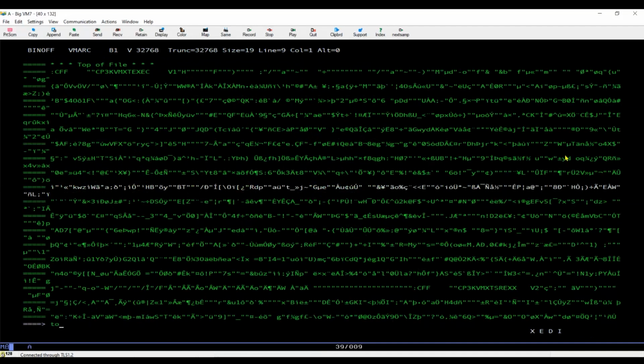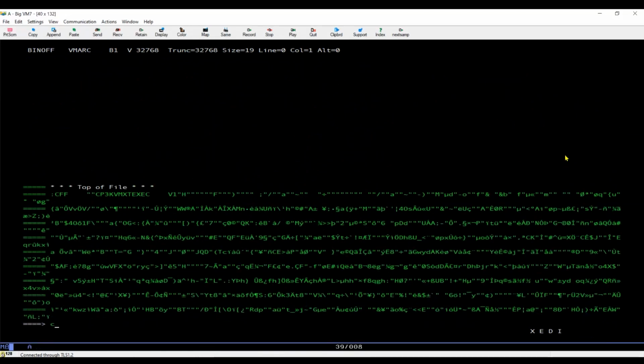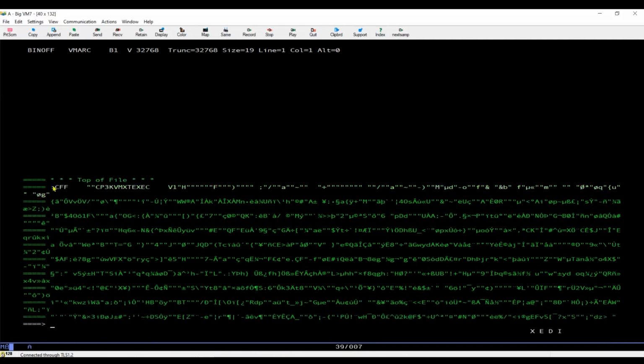Now, part of what I can do also is, if I look for that tag, so I'm going to do a column locate. Some of you may not have used this XEDIT command before, but this is going to locate in the record and in a column where this string is, right? So the first one is the one that we see right here on the screen, CFF for the CP3K VM extract exec, right? If I repeat that though, I'm going to see there's another one in that record, but it's way out, if you look up here, in column